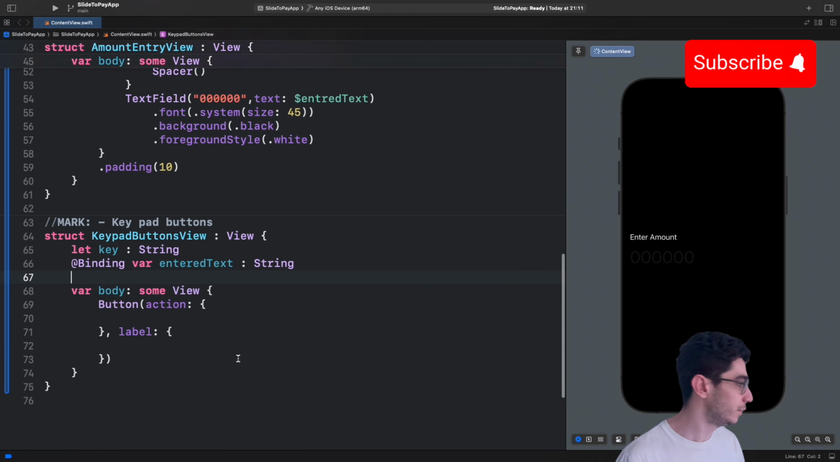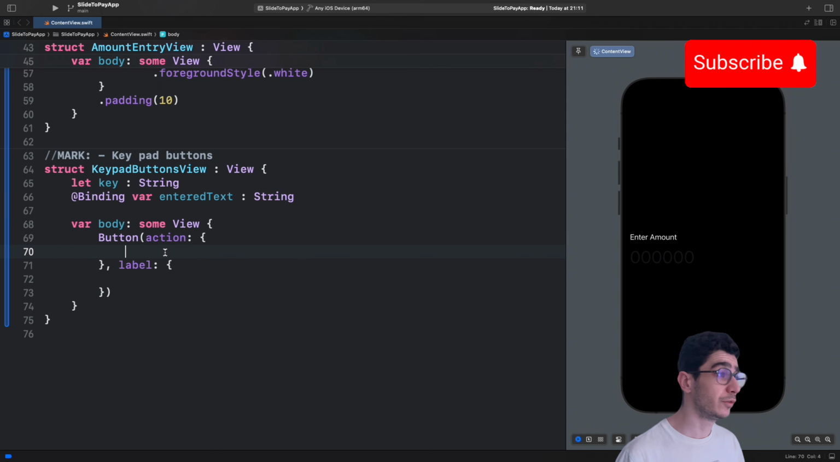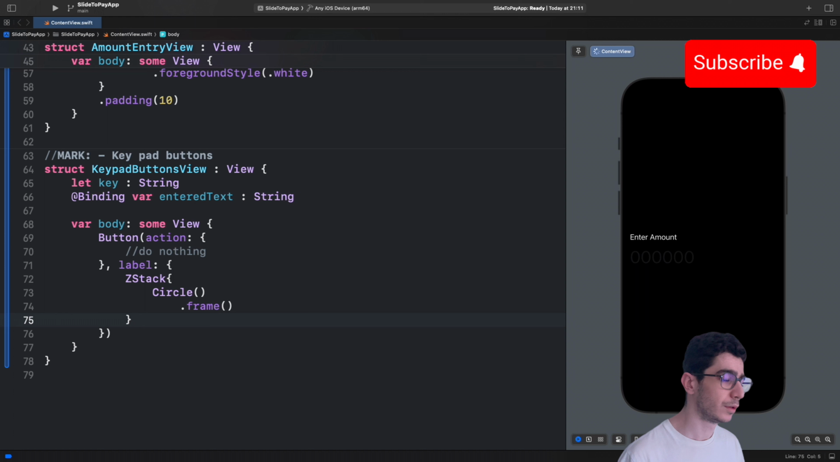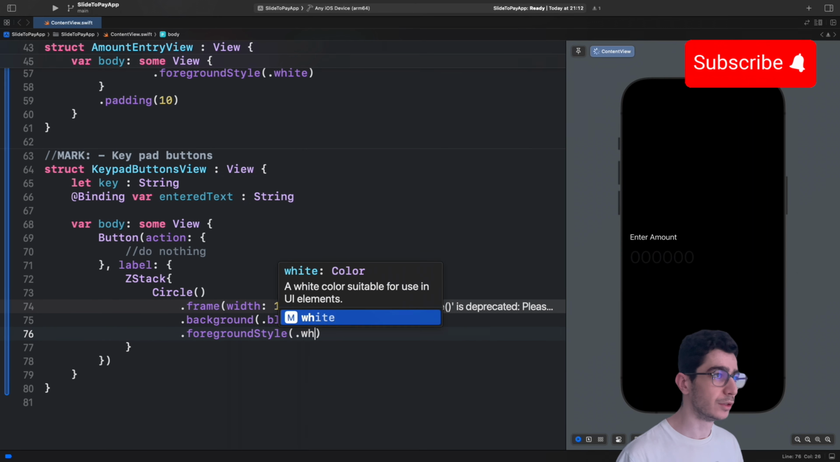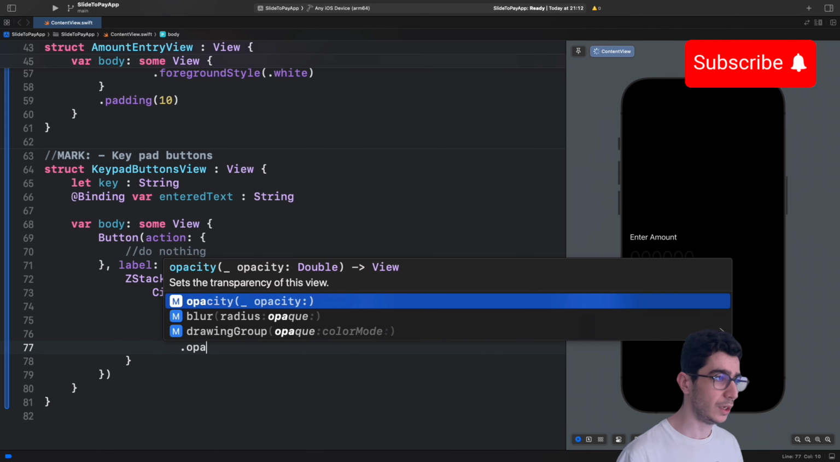This is it. Here for action, for instance, we have to do nothing here. We create the function layer. So we have a ZStack, and here we have a circle frame. We have to frame it with width 100 and height 100, and the background would be black,